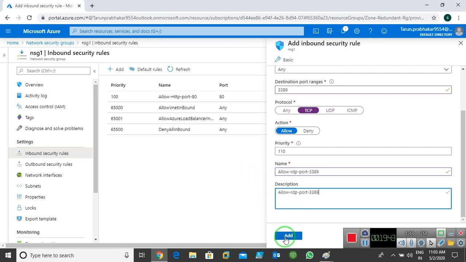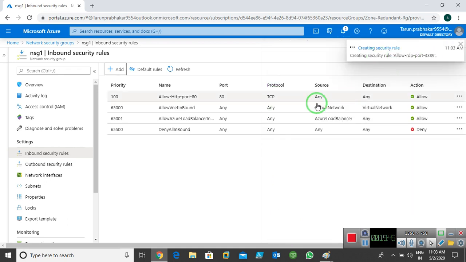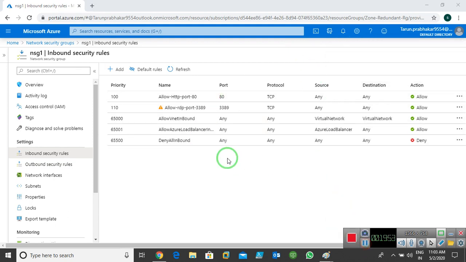Click on add now. So it's adding port 3389 also. I'm allowing both the ports, port number 80 and 3389. As you can see, port number 3389 is also allowed. So I am allowing both the protocols.